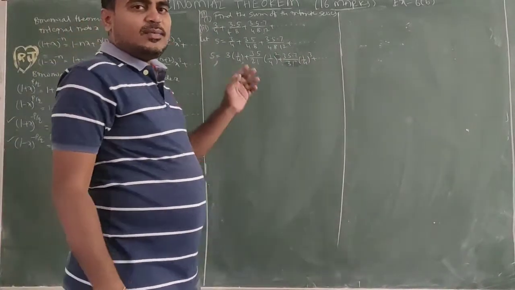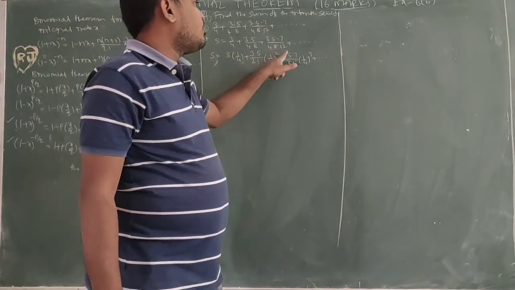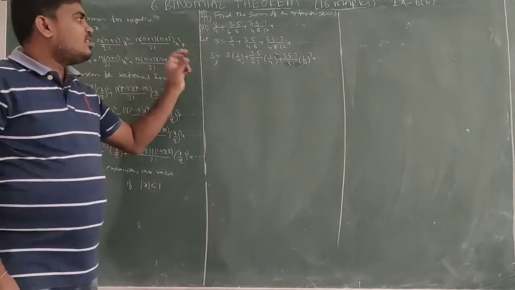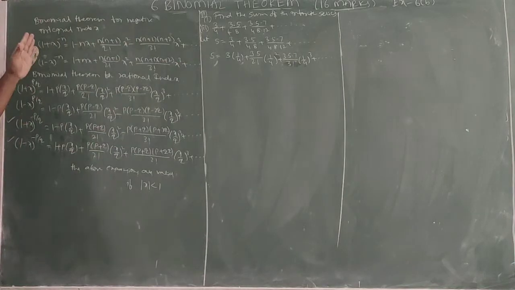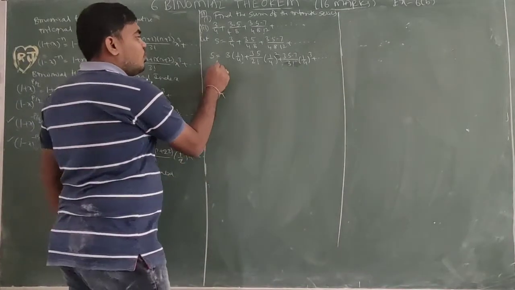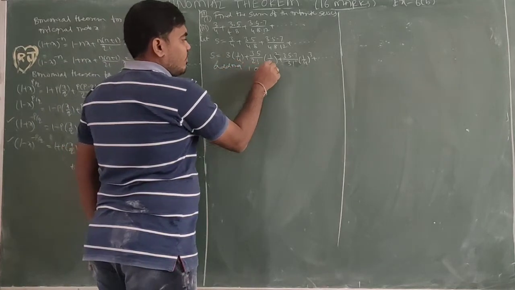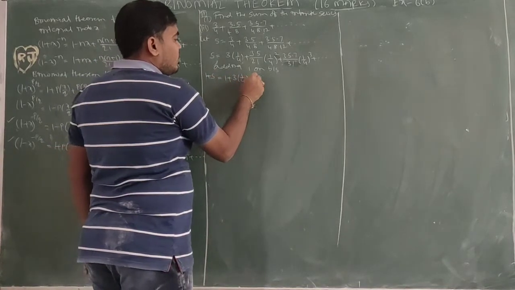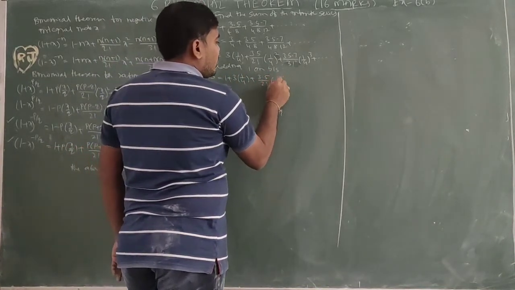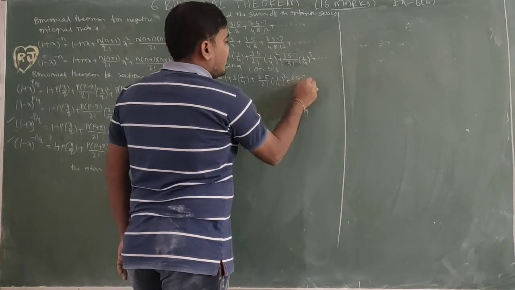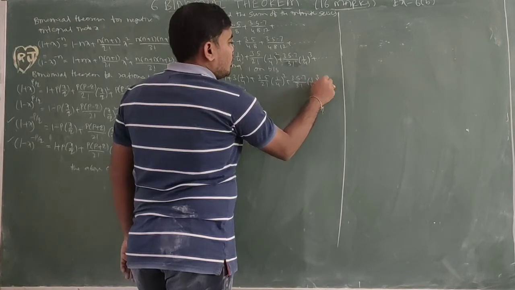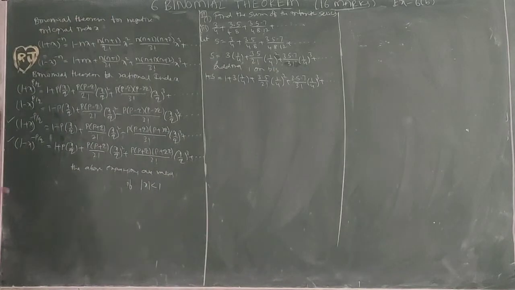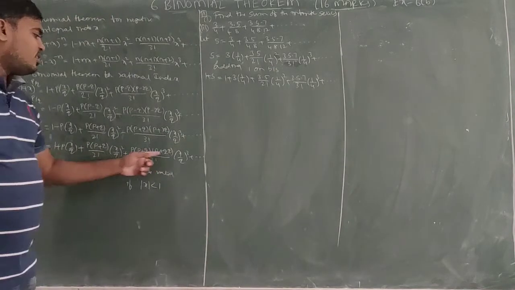Actually, in the numerator how many terms? In the denominator, if it is 2 terms, 2 factorial whole square. 3 terms, 3 factorial whole cube. If we observe this one, we are missing something. What we missed? In all the expansions, 1 is the common term. So adding 1 on both sides, 1 plus S equal to 1 plus 3 of 1 by 4 plus 3 into 5 by 2 factorial 1 by 4 whole square plus 3 5 7 by 3 factorial 1 by 4 whole cube plus up to so on. Now this is the expansion, in which all the terms are positive, so this is the formula.